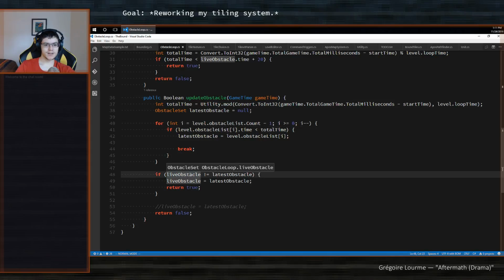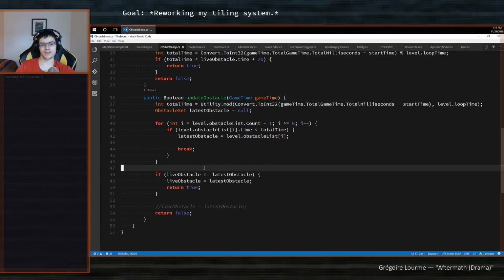If live obstacle does not equal... Okay, so this doesn't work when there's only one frame in a level. Why? Or why does it sometimes work and not?